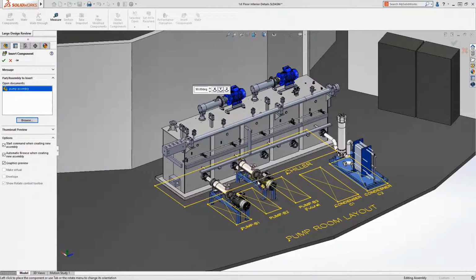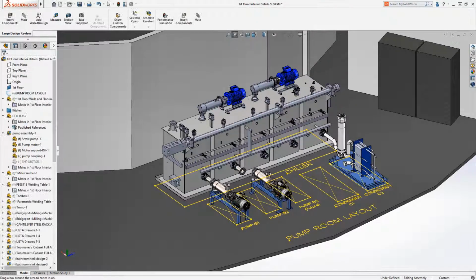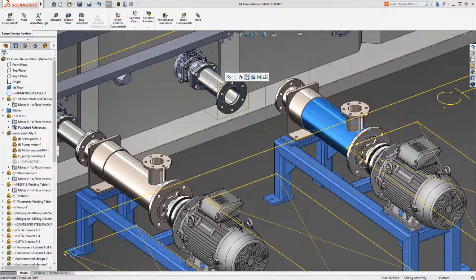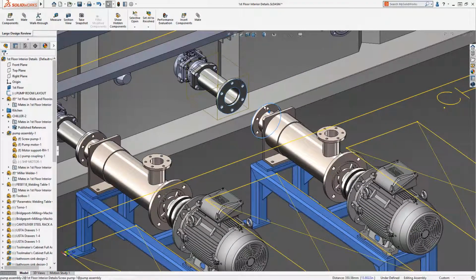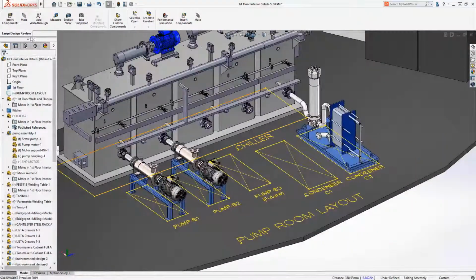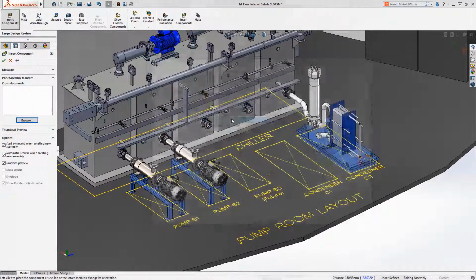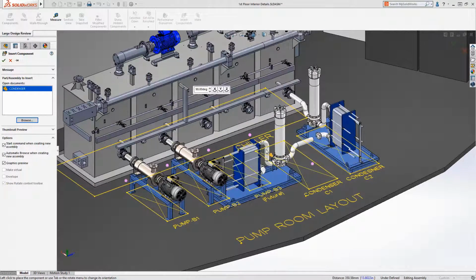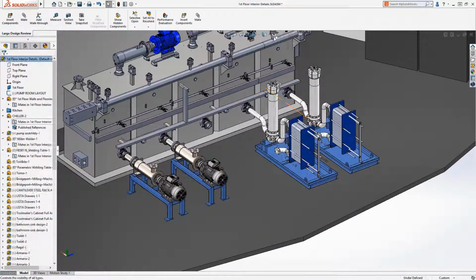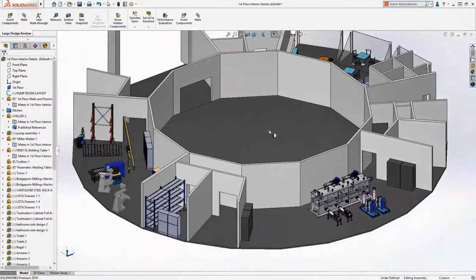Likewise, I can insert new components, put in my assembly, and then I can mate them up the way I normally would whenever I add any components to my assembly, using the typical types of mates I would do, and the same kind of methodologies I would use too, the same mouse movements. I can take advantage of heads-up user interactions and that kind of thing. If I have a component that's got magnetic mates, well, I can take advantage of those in LDR mode as well. So doing all the types of things we would do for large design manipulation and changing things, making our design and changing it and molding it on the fly, we can do all that, but within that super fast